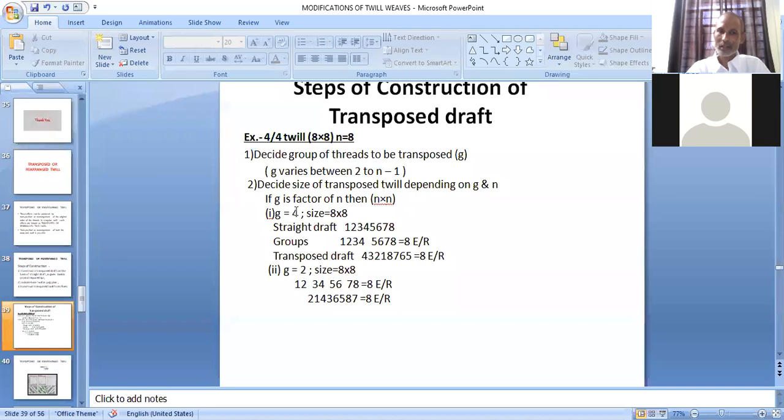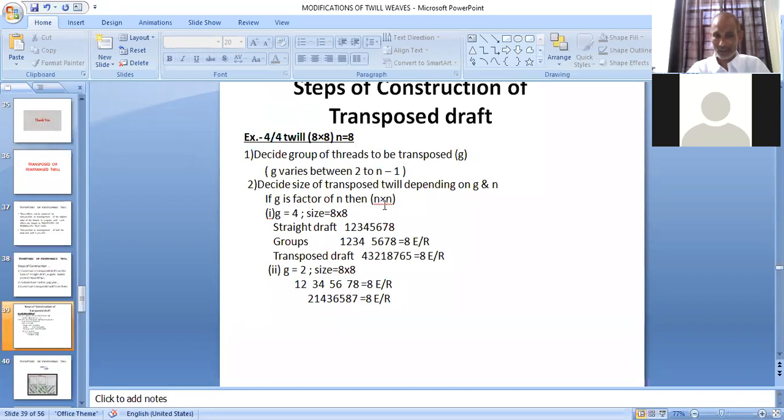So similarly, as broken twill, if there we have taken, if B is factor of N, here we are taking if G is factor of N. ये जो group of threads आप ले रहे हैं, if suppose it is factor of N, then size of the transpose twill will be N cross N. यानी कि जो size आपका original twill का है, वही size आपका इसका भी रहेगा, transpose twill या rearrange twill का भी.